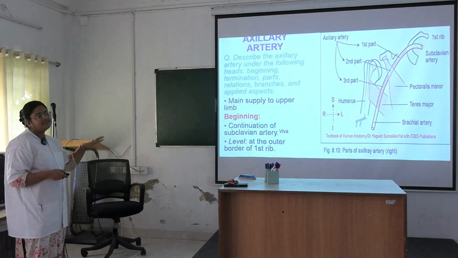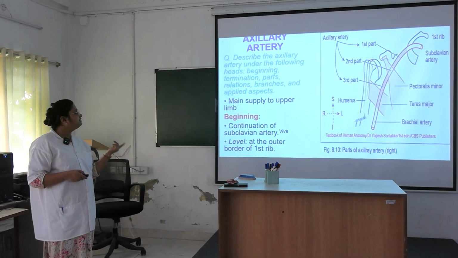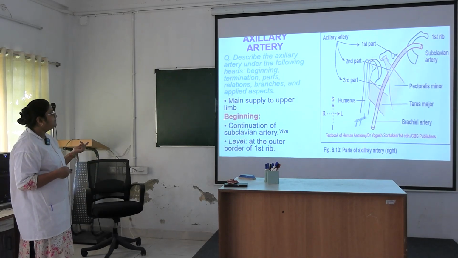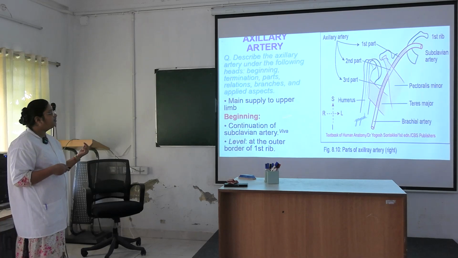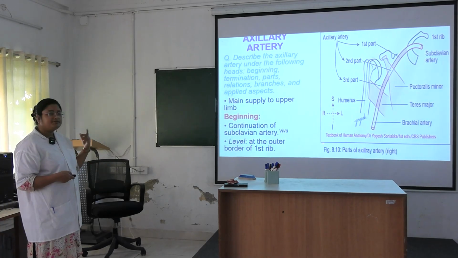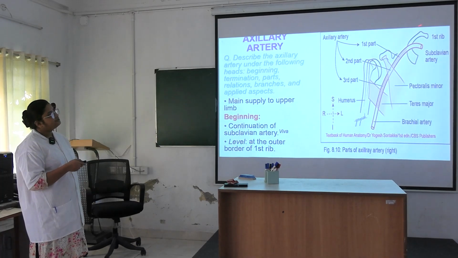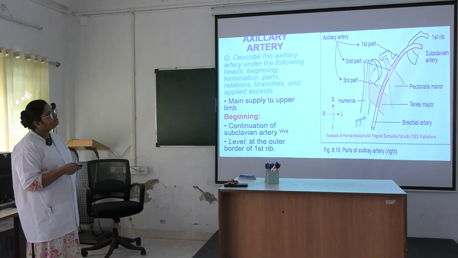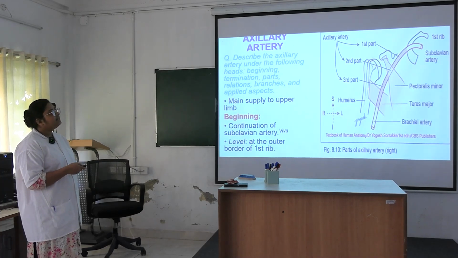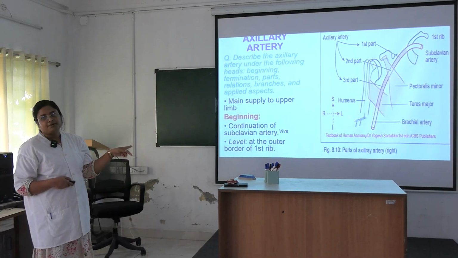Next we will discuss some of the content in details. Okay, axillary artery is an important artery. So it is main supply to the upper limb. How it begins? It is continuation of the subclavian artery, where it is beginning at the outer border of first rib here. So this is first rib, from the outer border of first rib up to this lower margin of the teres major. Like this type of schematic diagram you practice, okay, for artery.